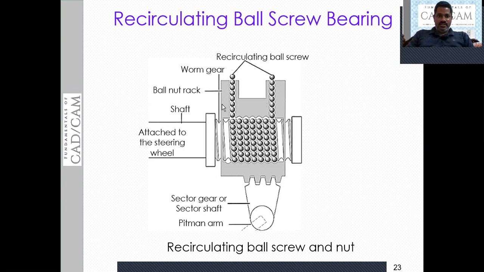So in between the contact surface of the nut and screw, these recirculating balls are continuously going to move. After coming out, these balls are again inserted in between the gap of the screw and nut continuously. That means we are continuously supplying the balls in the gap of the screw and nut.